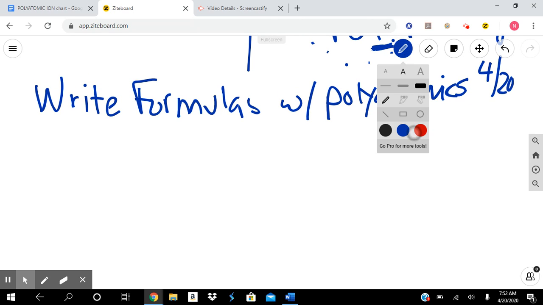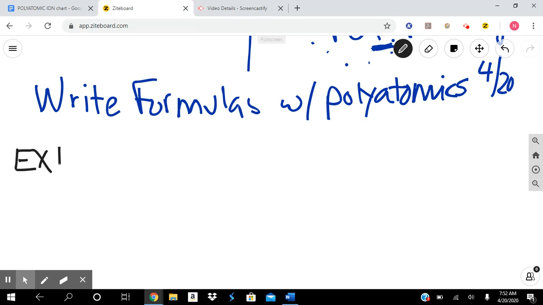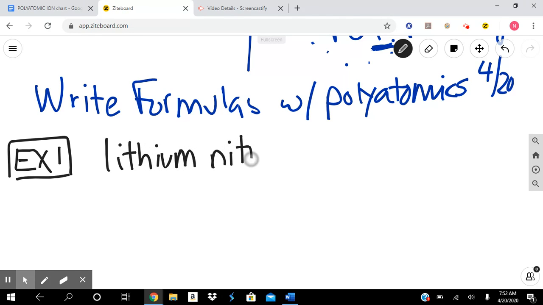So our first example that we're going to do today, we'll start off easy. We'll do lithium nitrate. Okay, so take a moment to copy that down, and hopefully what you notice is that the ending is slightly different. It's not an "ide." All right, so we still